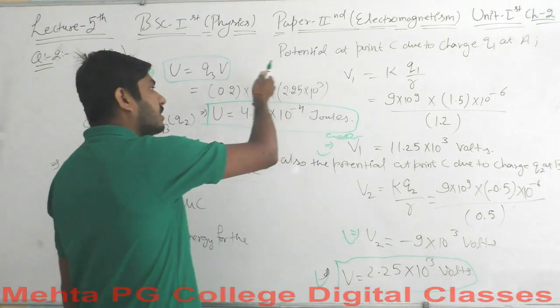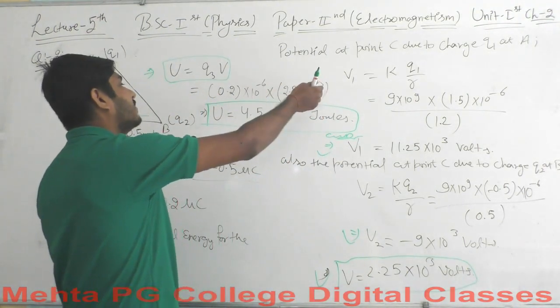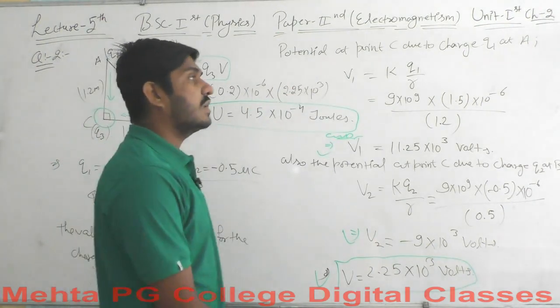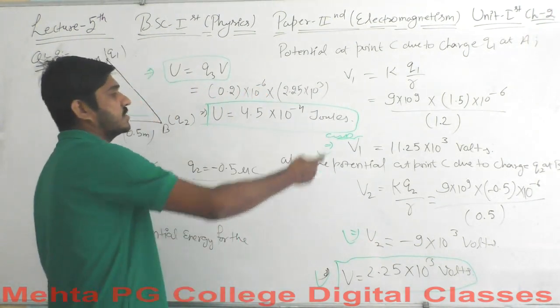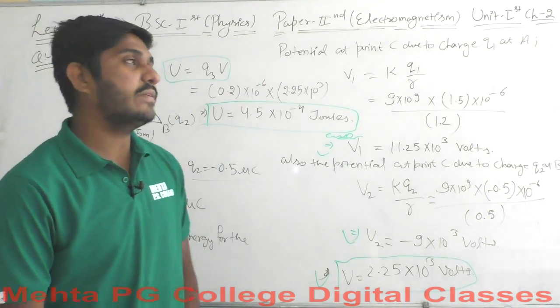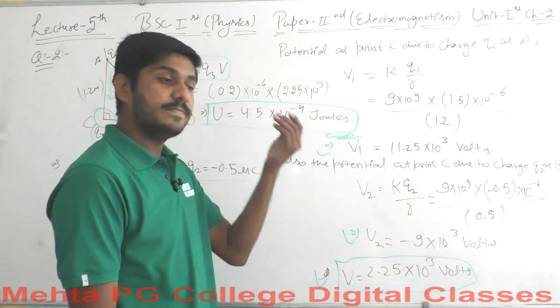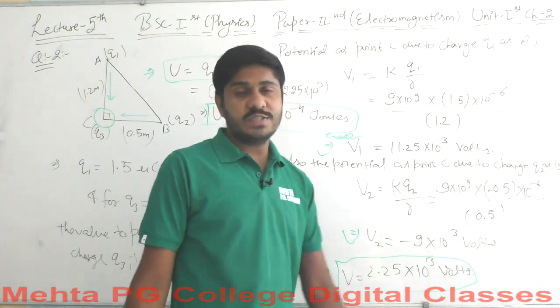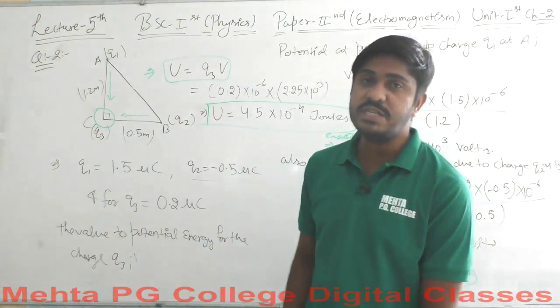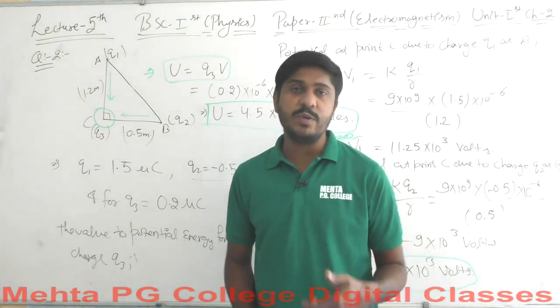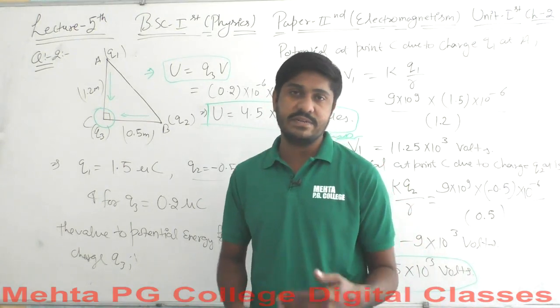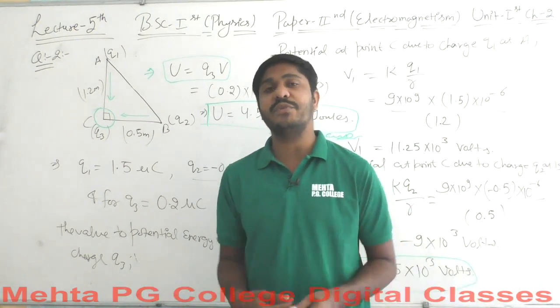And when we get all this multiplication done, we will have a value in coulomb volts, and coulomb volts result in joules, which is the unit of energy here. So this is the total potential energy, 4.5 into 10 to the power minus 4 joules. This will be pretty much easier for you if the question is asked in this way. I hope you can do it yourself, the same way that we have discussed here.